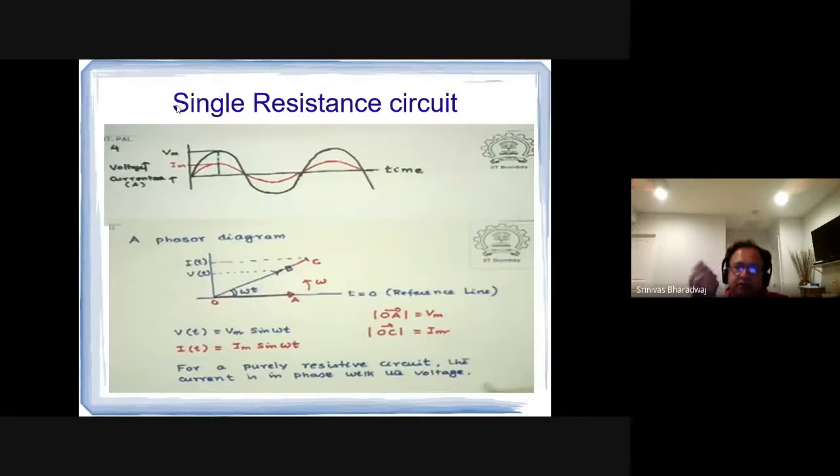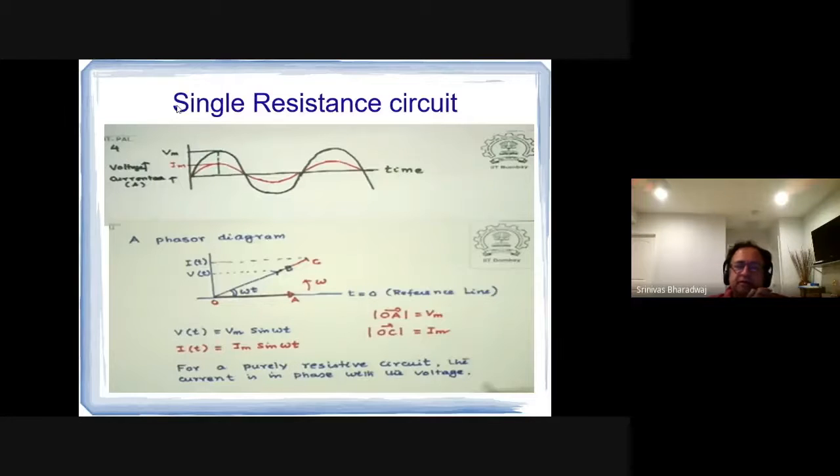Now, if you had a purely resistive circuit, you have the voltage going like that, and you have the current going like that. This idea of the voltage and the current both changing at a fixed rate of 50 or 60 hertz is shown in what is called a Phasor diagram. Many years ago they did not teach all this in class 12, but they sure did teach it when you went to your first year in college. They would teach about this Phasor diagram.